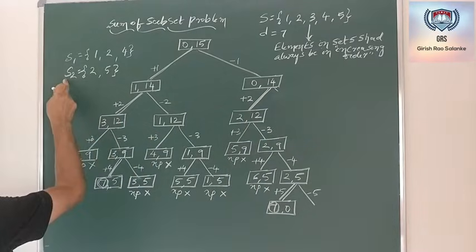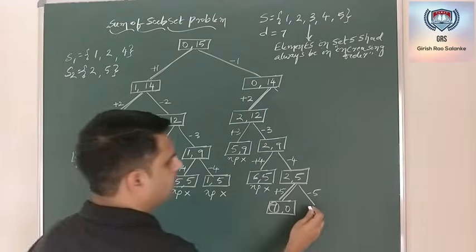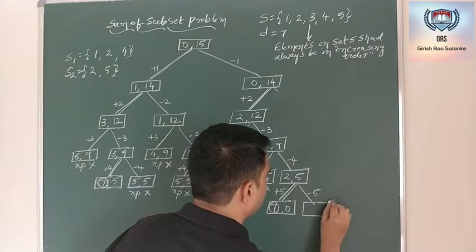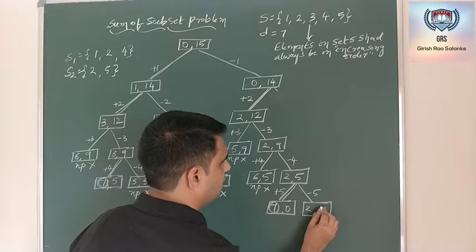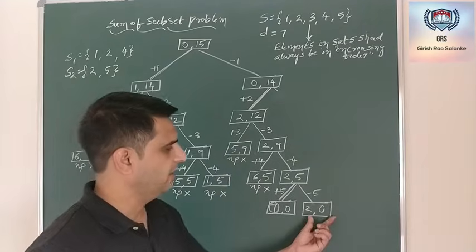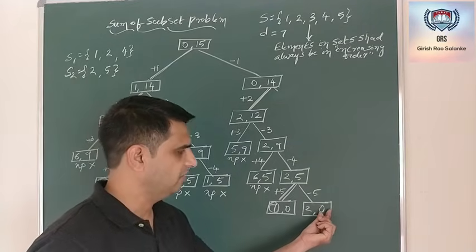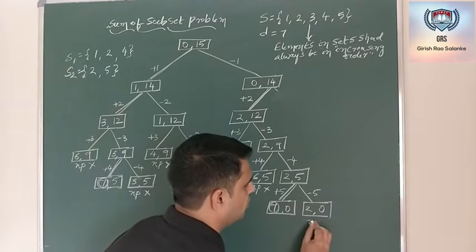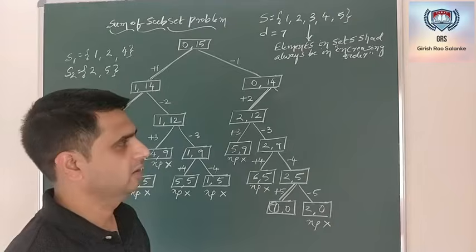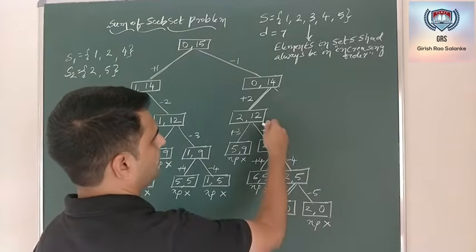So this is my S2. S2 is 2, 5. Now come to this particular part, right part. It is 2 minus 5 is 2 and then 5 minus 5 is 0. Now if you see the remaining capacity, the sum itself is 0 and it implies that I can't go further. So this is a non-promising node. Stop here. Now backtrack, come here.